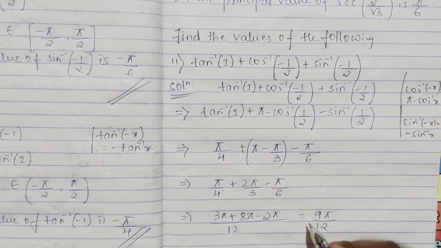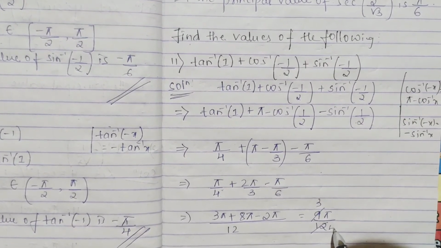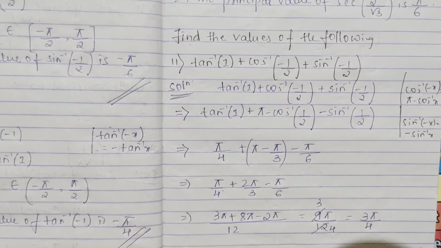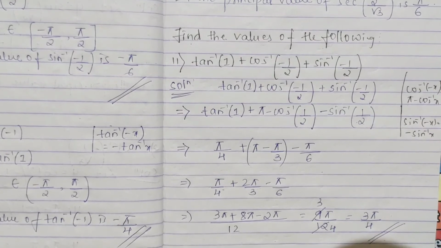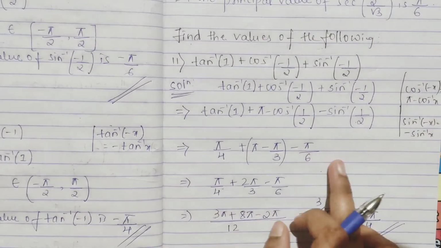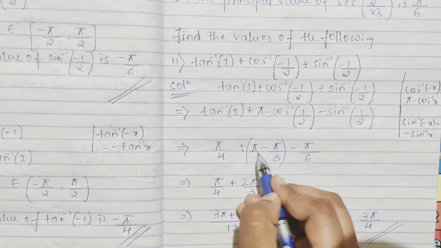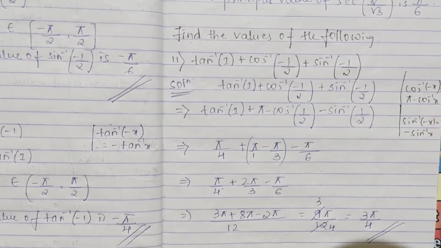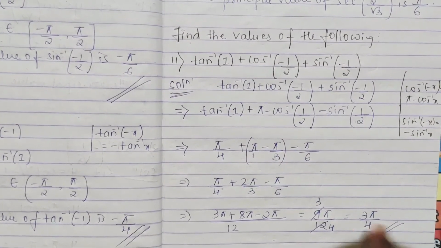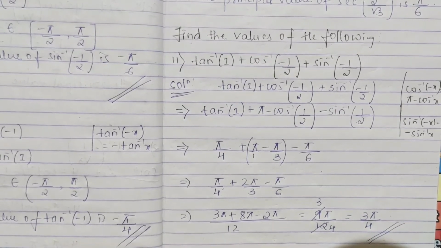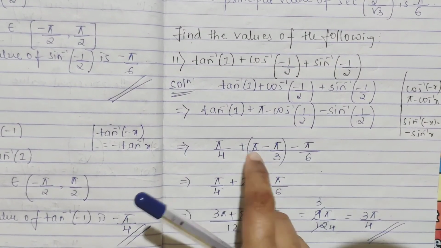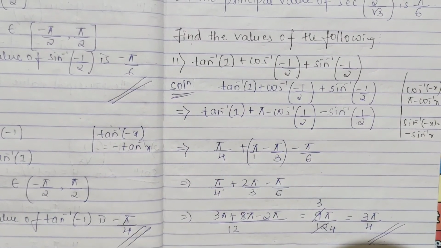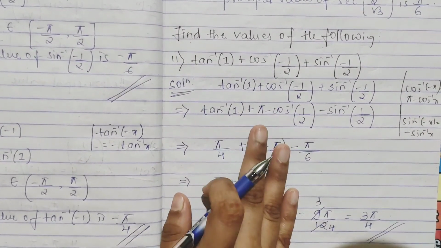So this goes 3 3s are 9, 3 4s are 12, so the value you get is 3 pi by 4. This is your value. If you want, you can take the LCM here only. For here it will be pi by 1 only, right? This also you can do. So this is your answer. The value of this is 3 pi by 4. Please make sure of your angles. The main thing is these angles. Remember, the tables are most important. You have to solve in such a way.